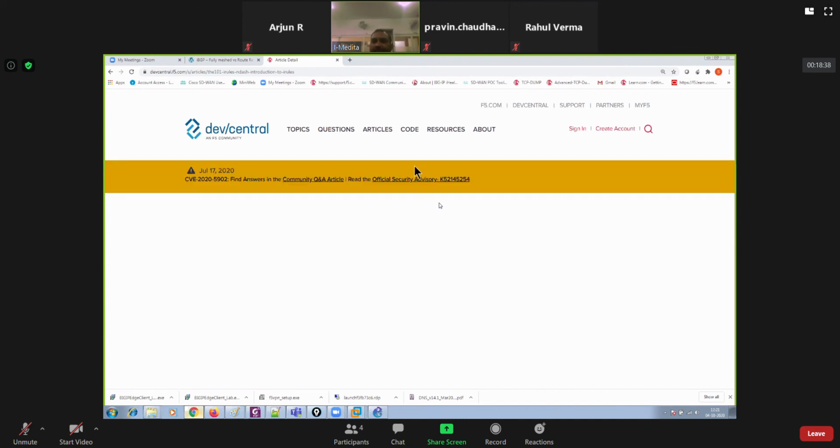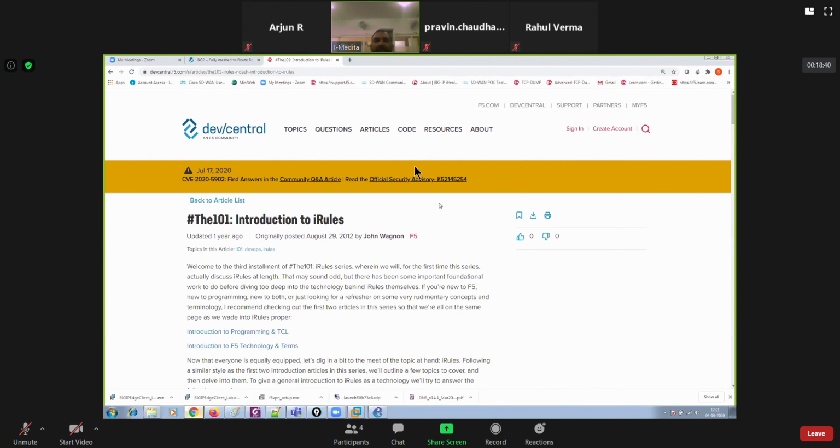Remember that an iRule is pretty important in case of F5, and also it is a pretty handy tool and a very important tool in F5, right? And it makes your work much easier. How? For example, if you have some requirements and your TMOS doesn't have the capability to fulfill that requirement, right, guys?